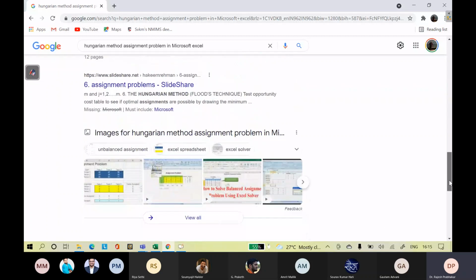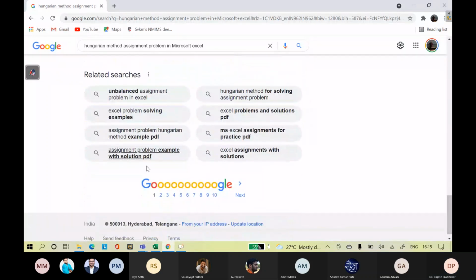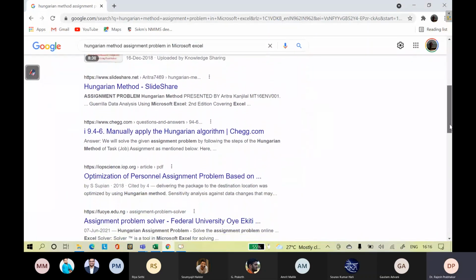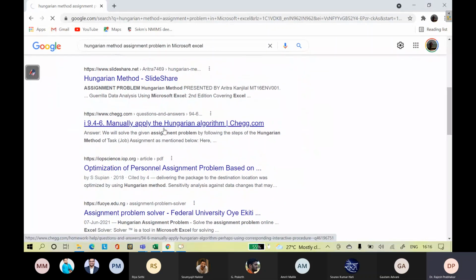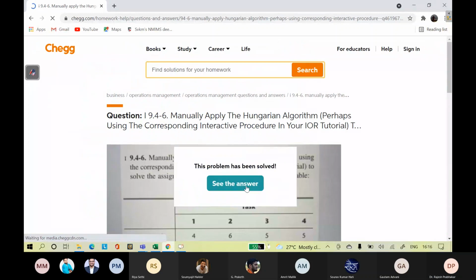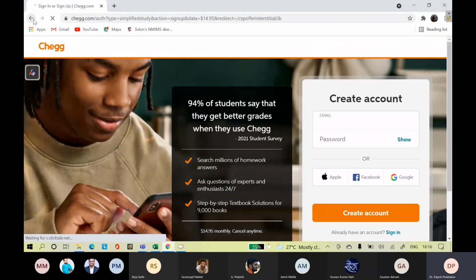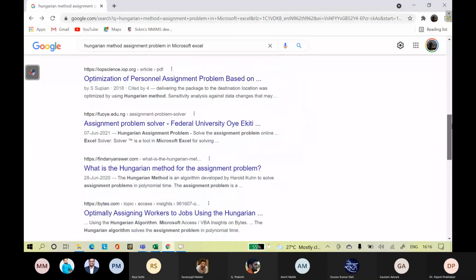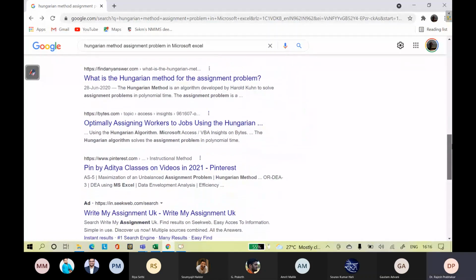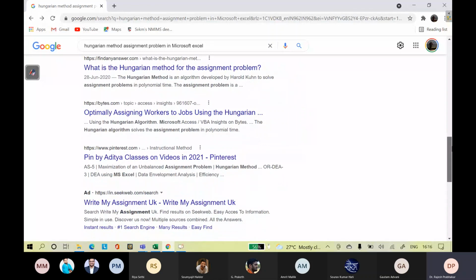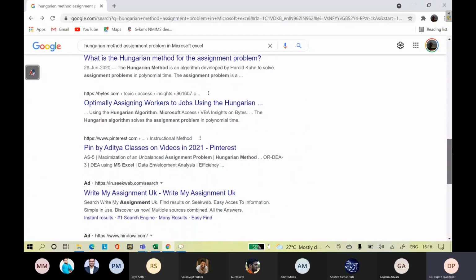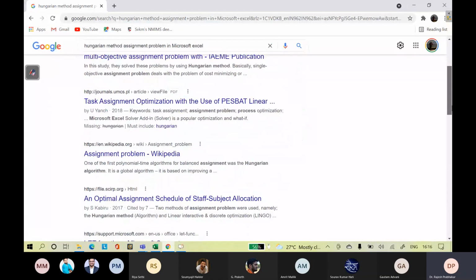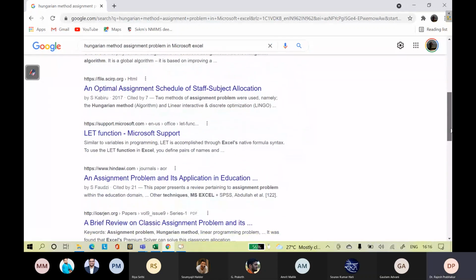Everything is based on Solver only. Manually apply the algorithm, it will ask us to log in. So it's all solving through Solver only.